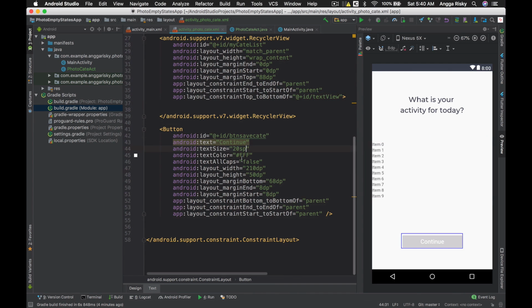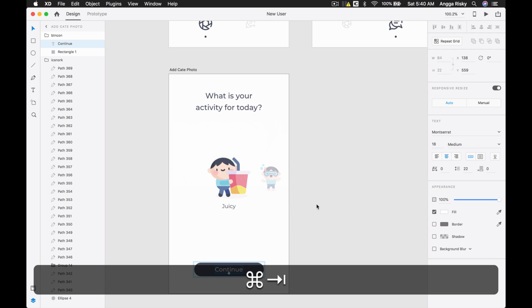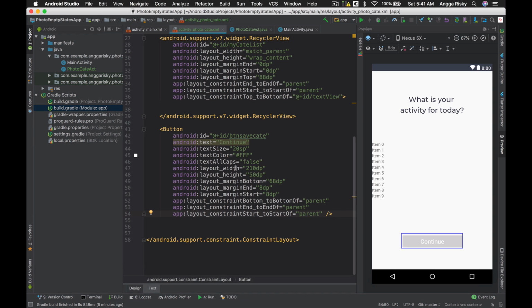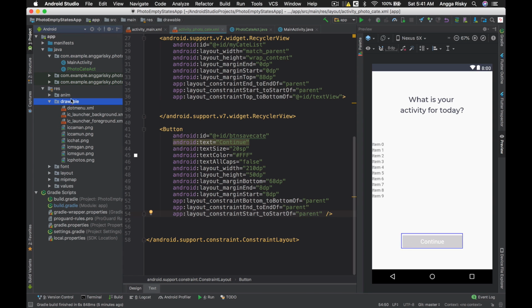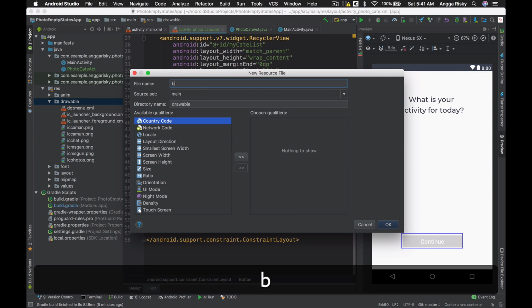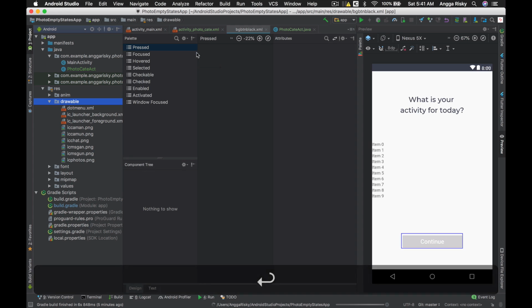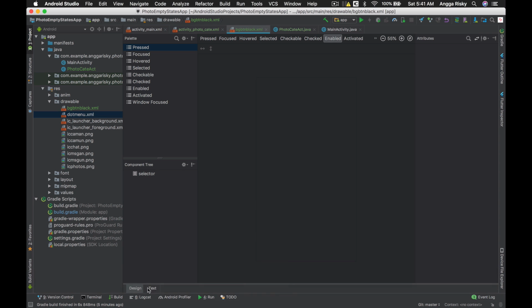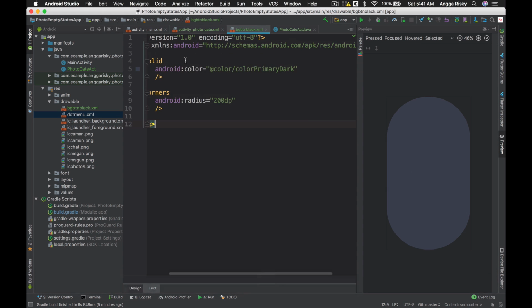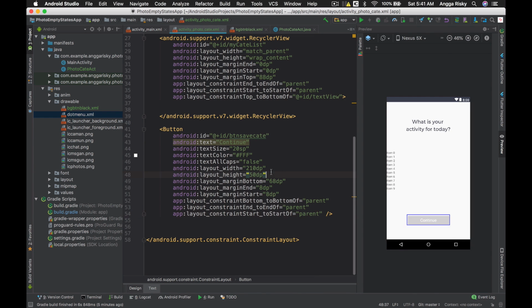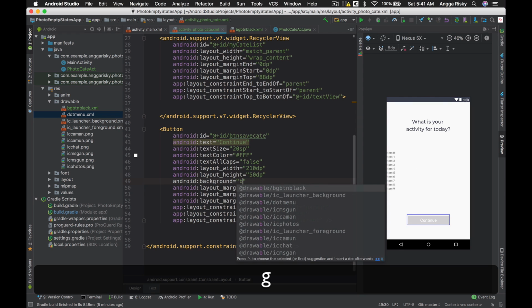Then we have the button, but for this button we need to customize the background with a drawable. So let's go to res and then drawable, and over there we're going to design a drawable, which is background button black. I saw in the dot menu we just need to copy it, and then paste it here. Just like this. Right now I have to go back again into the button and set the background to bg_button_black.